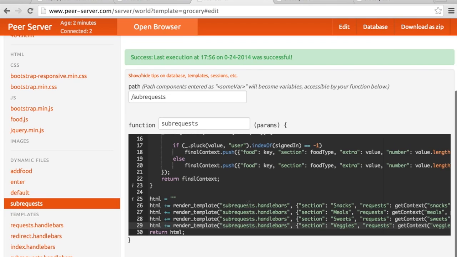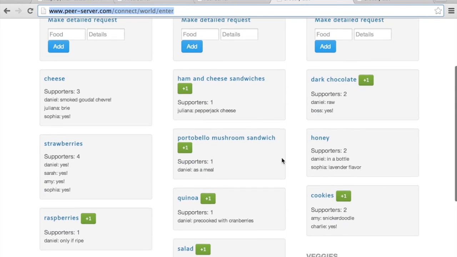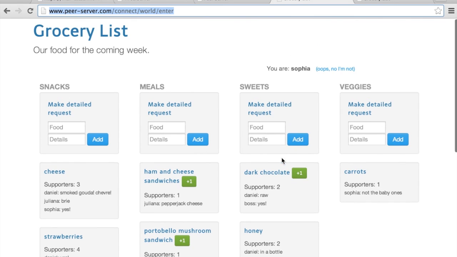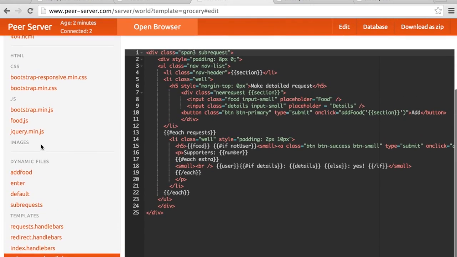We can just go ahead and go into the sub request handlebars. We can say instead of being a span 4, we'll make it a span 3. We'll save that. And again, one moment, this updates and it jumps over there. And everything's much better. So now you can start to imagine the sorts of apps that you can build here,